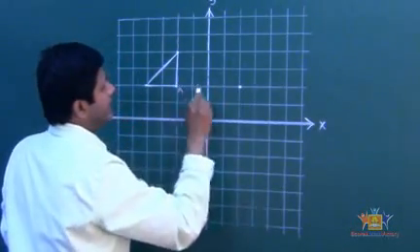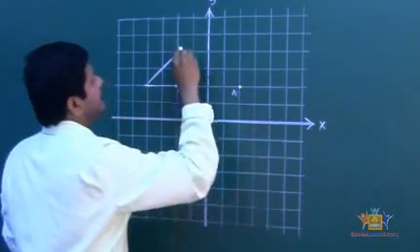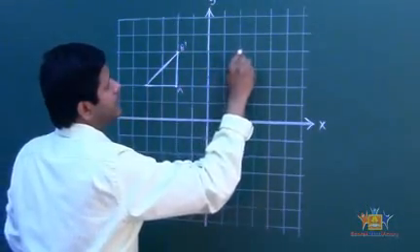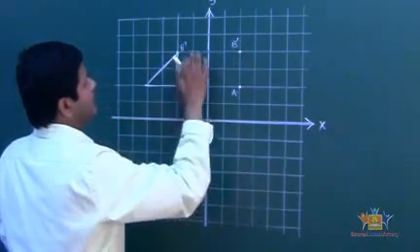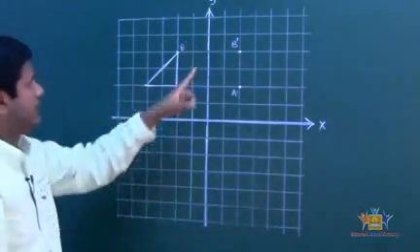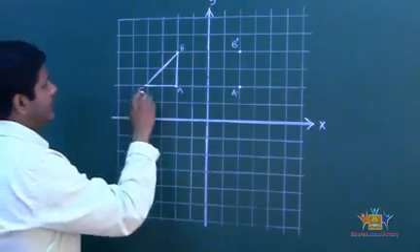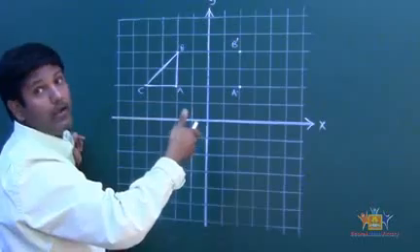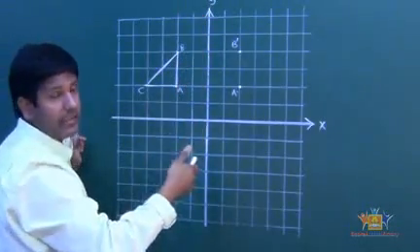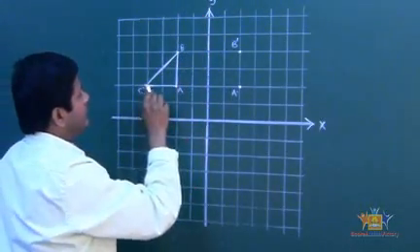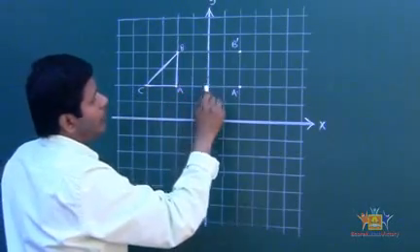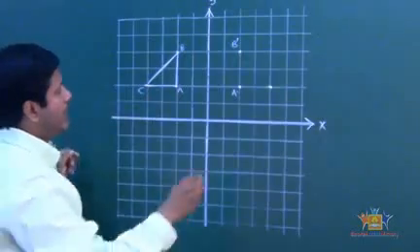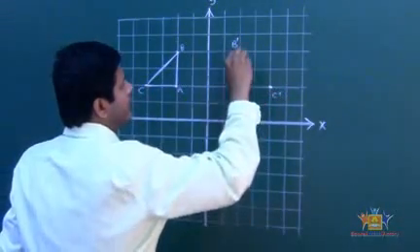Let's say this is A, and that's A image. And let's say this is B. 1, 2, 1, 2, right there, and that's the B image. And then this is C. So it's perpendicular to the y-axis, which is the axis of reflection. But look at what the distance is. 1, 2, 3, 4. 1, 2, 3, 4. Right there. And now let's draw that C image right there, and then let's draw that triangle.